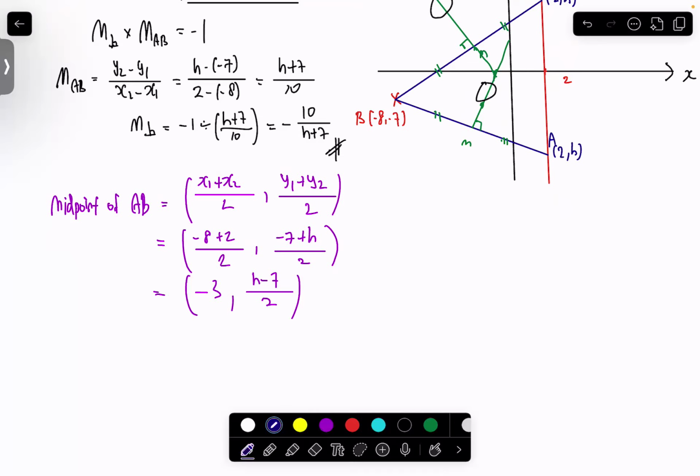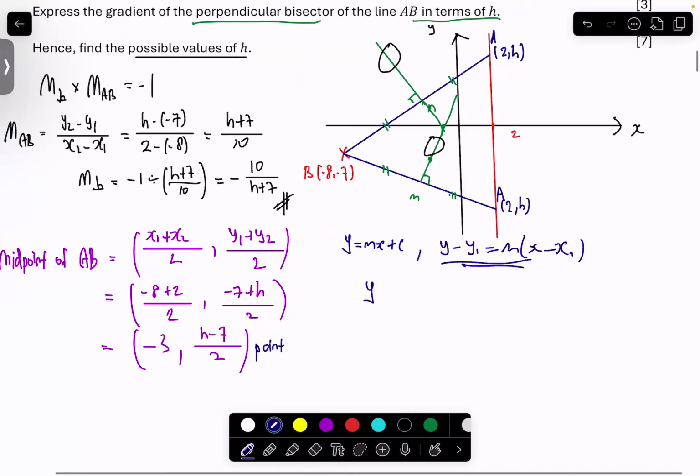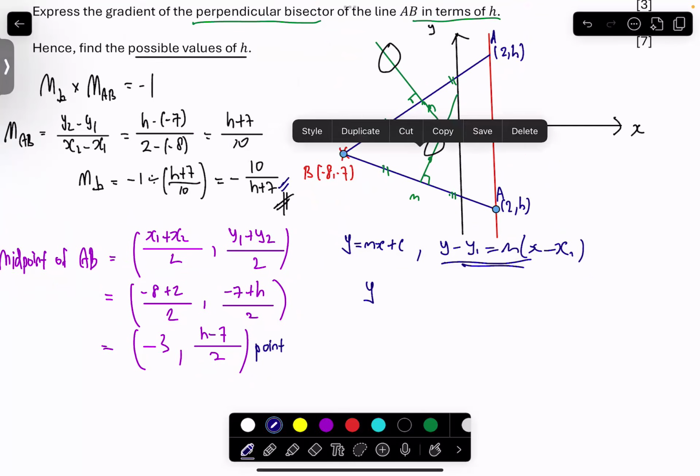Now, transitioning into the equation of a line, we can use y = mx + c, or we can use y - y1 = m(x - x1). Personally, I like to use this, so I'm going to use that. Of course, you can also use y = mx + c. Knowing that this is a point on the equation of the perpendicular bisector, the green line, and that this is the gradient,